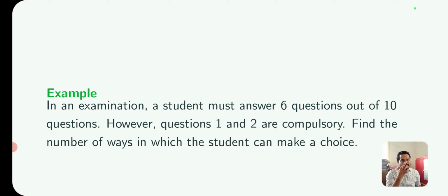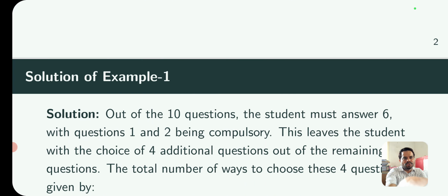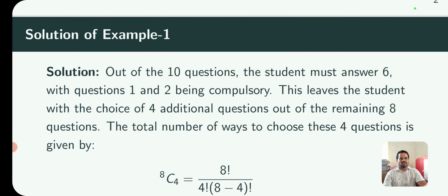It is very simple, but it is under the condition that questions 1 and 2, both these 2 questions, are compulsory. So out of these 10 questions, the student answers 6 questions and 2 questions are compulsory. It means that there are only 4 additional questions out of the remaining 8 questions. It is very simple, you can just apply the definition of a combination. So the total number of ways to choose the 4 questions out of 8 questions is given by 8C4